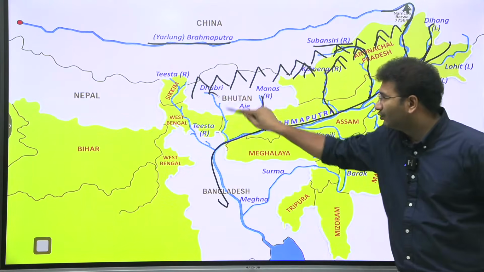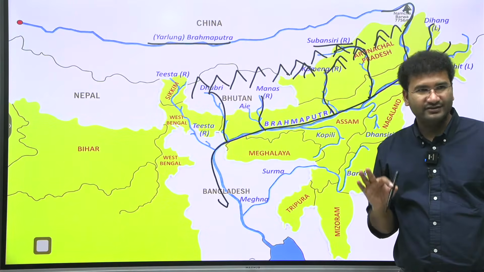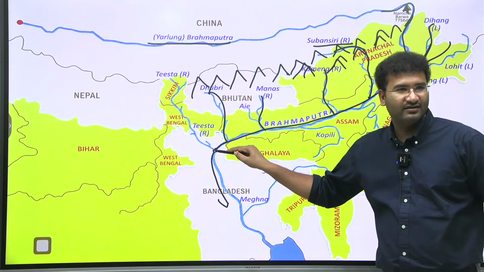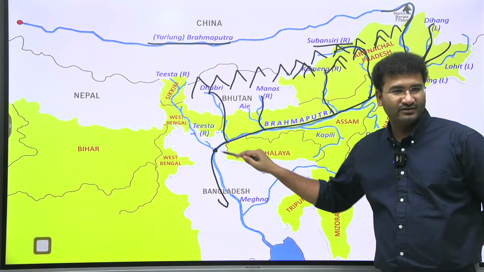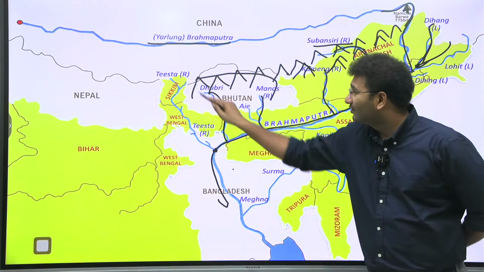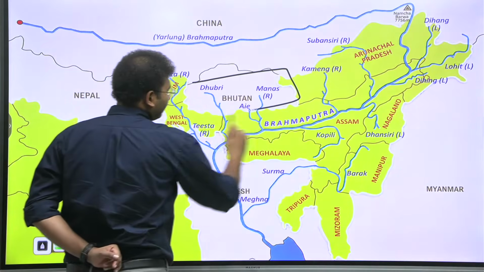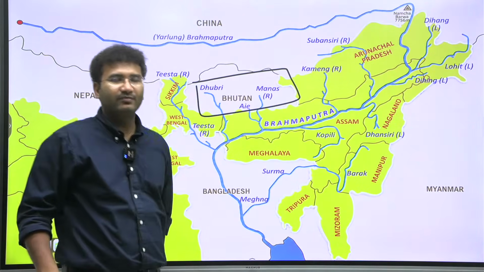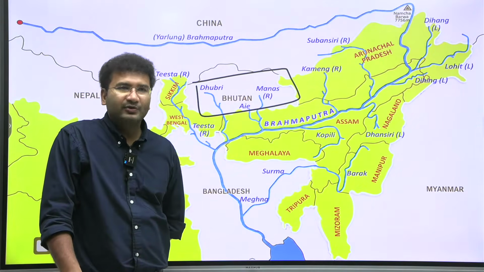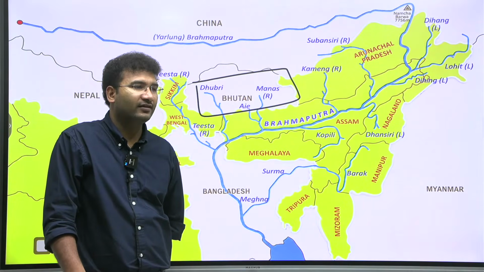Manas, Dubri, Tista. Is Tista joining in India or in Bangladesh? So that's why if any amendments to Tista, Bangladesh is required. Tista Water Treaty also has Bangladesh as a party. You need to remember. Next, when it comes to Bhutan, Bhutan is involved in case of Manas. So the source of the river, Manas and Dubri, both of them come from the hilly areas of Bhutan.